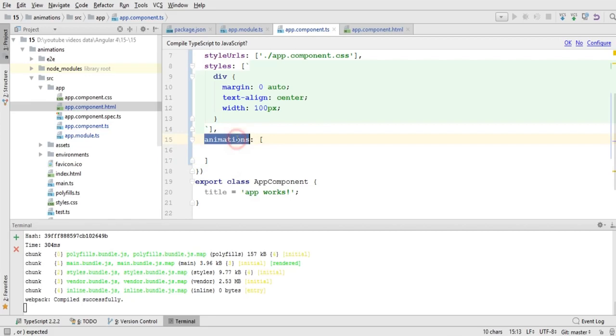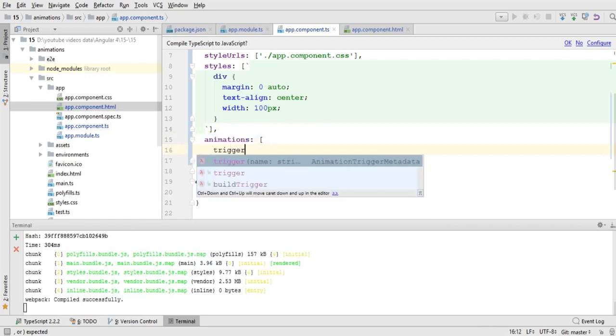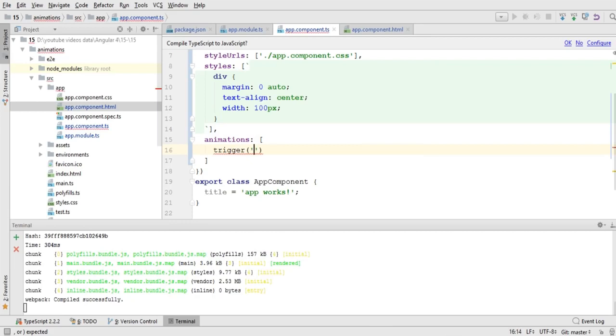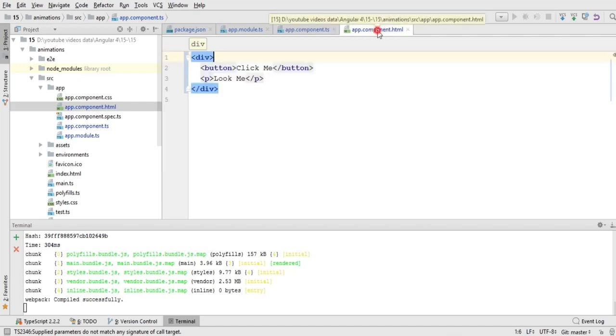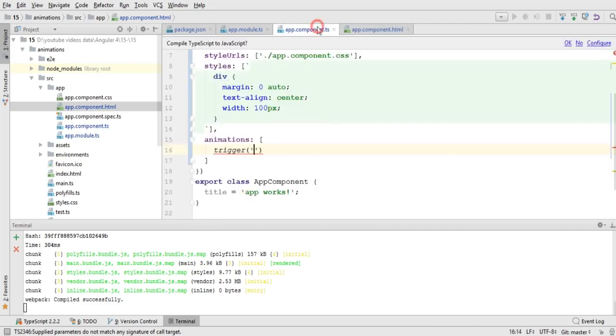Make sure you write the same spelling, and inside it I'm going to write trigger and the name of my trigger, and the name should be meaningful because this will be used for applying this trigger on this button element or any other input element. Okay, so I will write my animation,